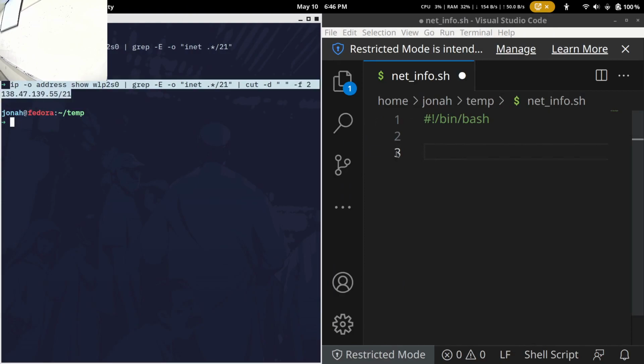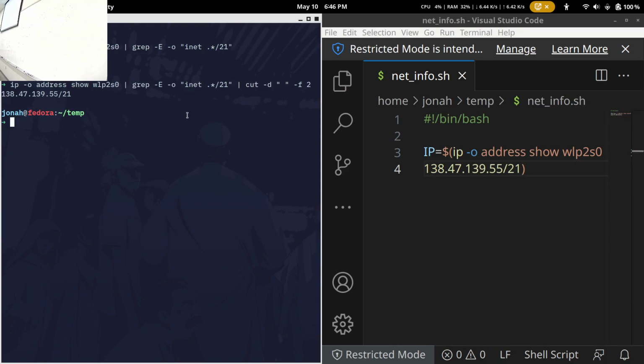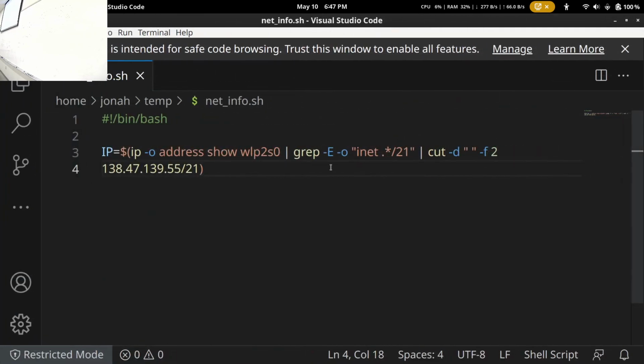I'm just going to copy and paste that whole line. We can also use cut again to get rid of /21 if we want. I was thinking about doing that, but it's already 6:46. Let's not have too much fun. Okay, so now we have our IP. We have this whole command that we're going to put inside of this command substitution. Again, if I want to take a command like this and save it into a variable, I have to do a command substitution with the $ parentheses.